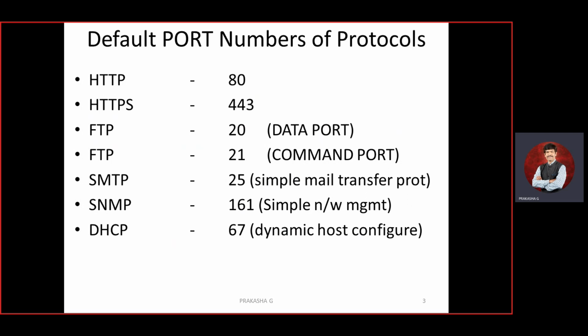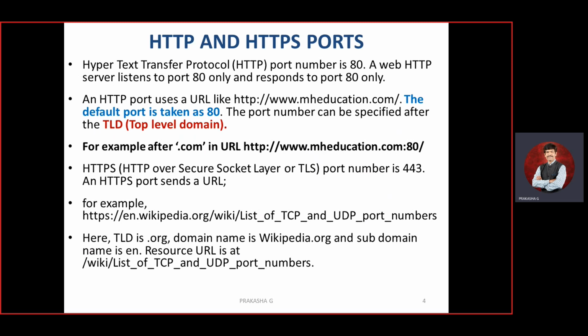So whenever the new host is connected, the server will come to know that a new host is connected over there. So they have to be allocated. IP address needs to be allocated. So you have to go for dynamic host configure protocol. So these are all the protocols, and they are in different port numbers. Okay. Moving ahead,